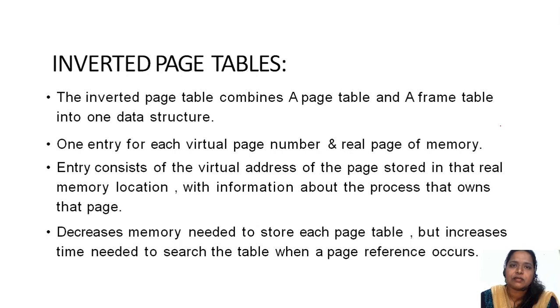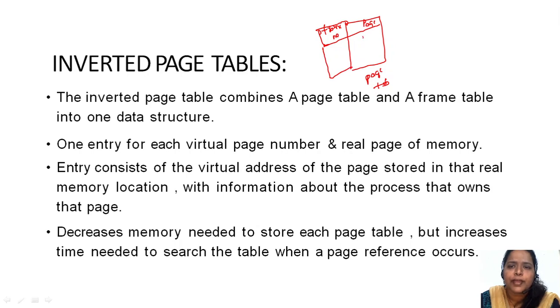A frame is nothing but main memory divided into frames. Previously we saw what a page table is: we have the frame number and the page number. So page 6 is loaded into which frame? 4th frame. Page 4 is loaded into which frame? 1st frame. Like that, which page has been loaded onto which frame, we get that information